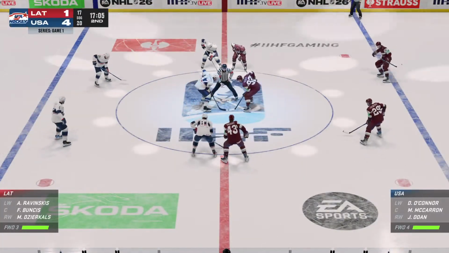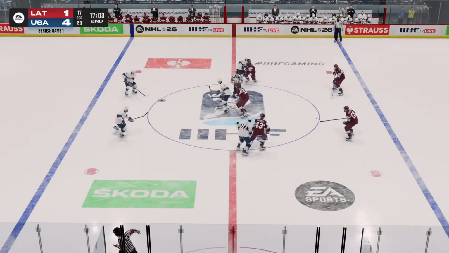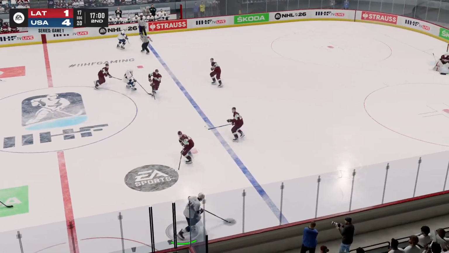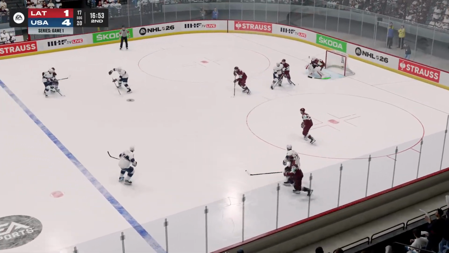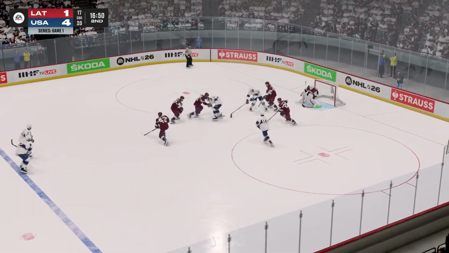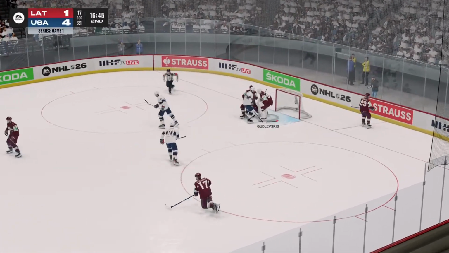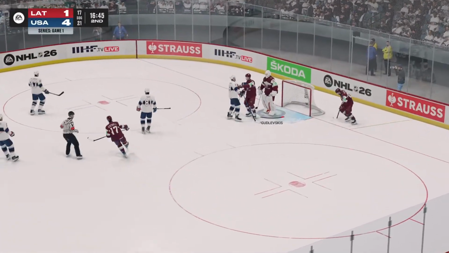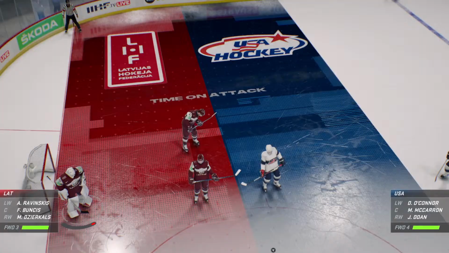4-1 United States here in the quarterfinal. 4-1 our score. 3-goal lead for the United States, who now lead this game 20-17 in shots on goal as well. Doan looks for a center, gets it to O'Connor. Top of the slot, O'Connor battling. Loose puck on net. Godlewskis finds it. 16:45 to go in the second period. A strike for the United States.